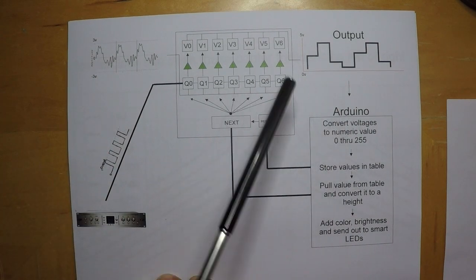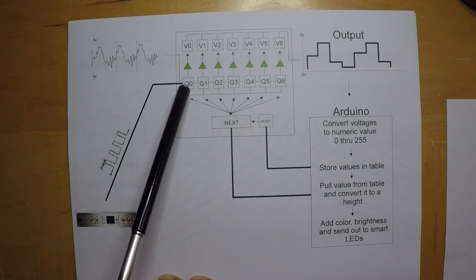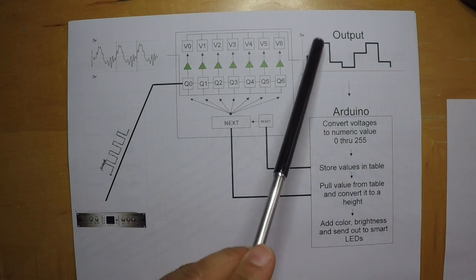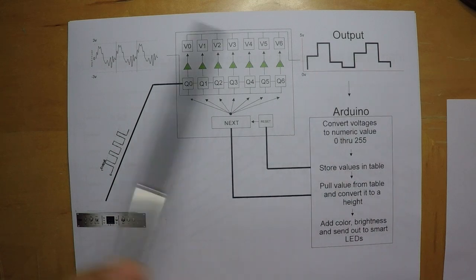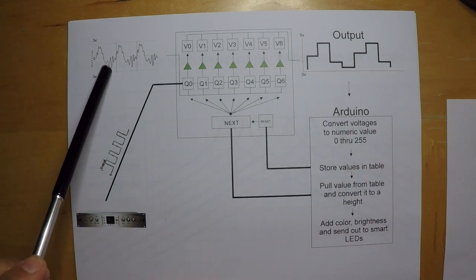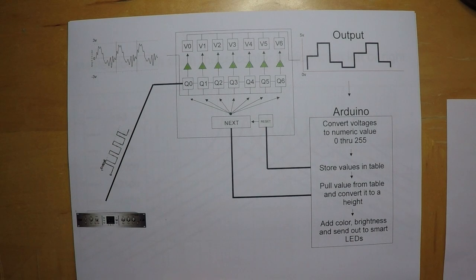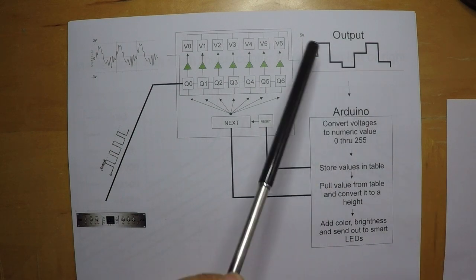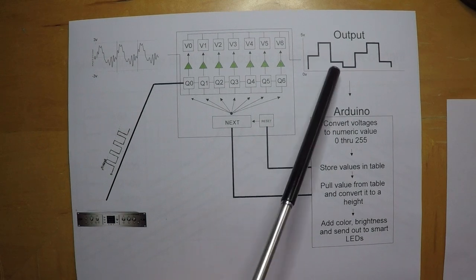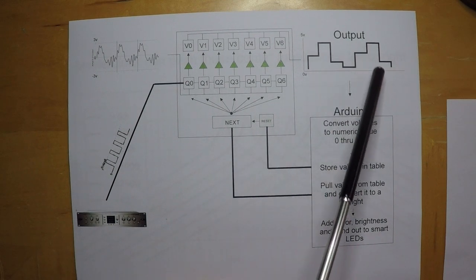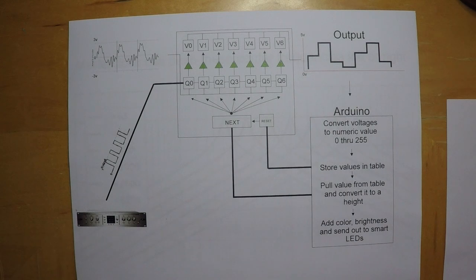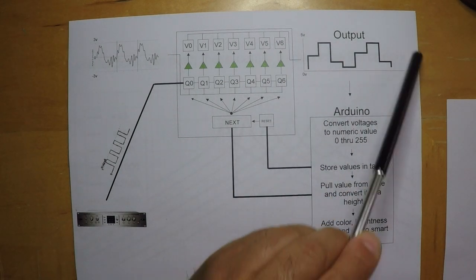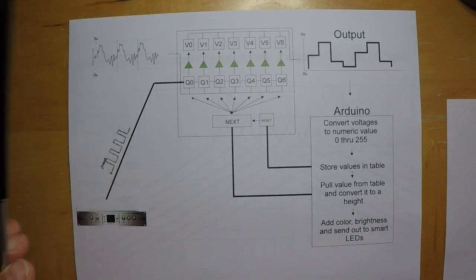So after this thing has cycled through one time, you might end up with an output that looks something like this, depending on what the amplitude of the input waveform was. And if you take a close look, this kind of looks like columns in a spectrum analyzer, and that's exactly what you're seeing. If you can wrap your head around what's happening here, the rest is cake.